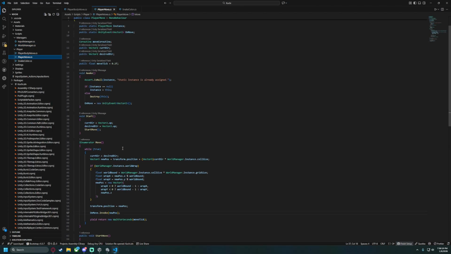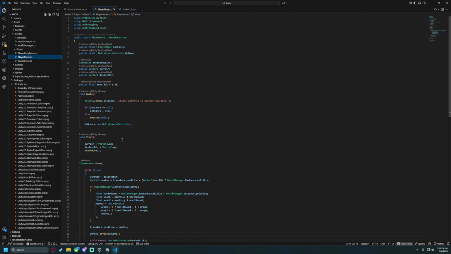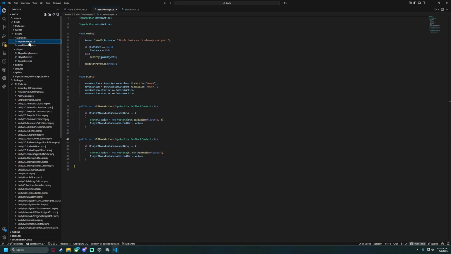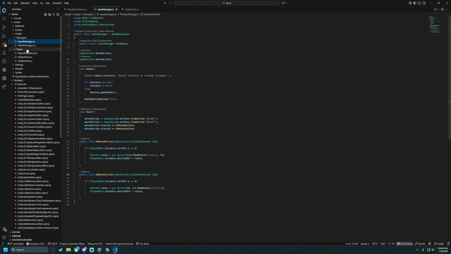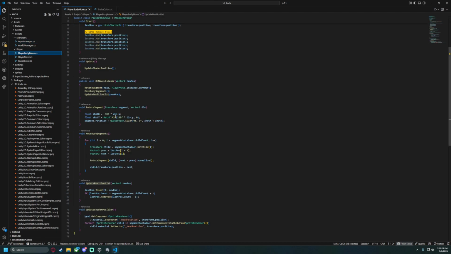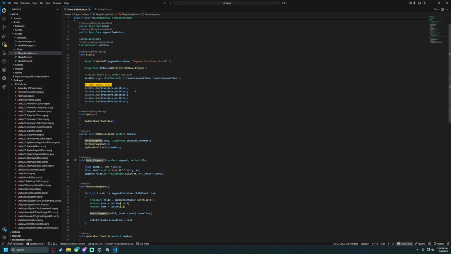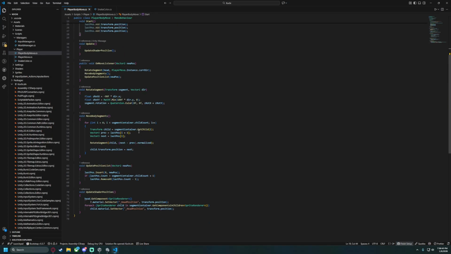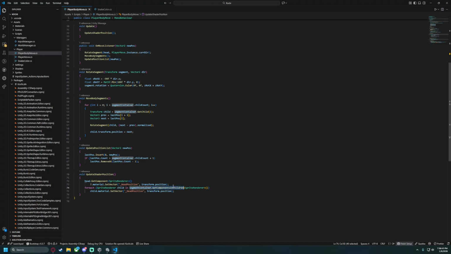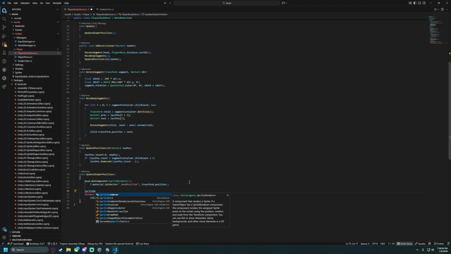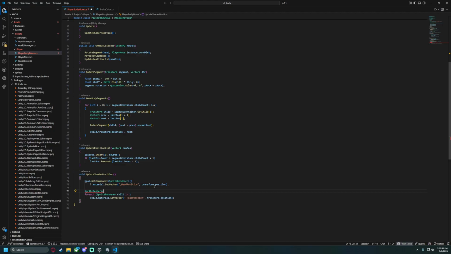Did I not make an add body segment? Pretty sure I made like an add segment or something. If not, it's fine. So what we're gonna do then is get a sprite renderer. Well, I don't even need to. Yeah, sprite renderer